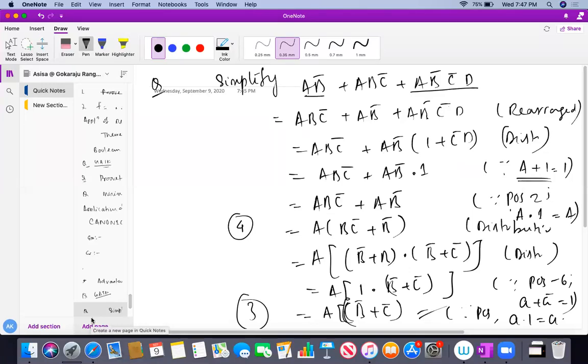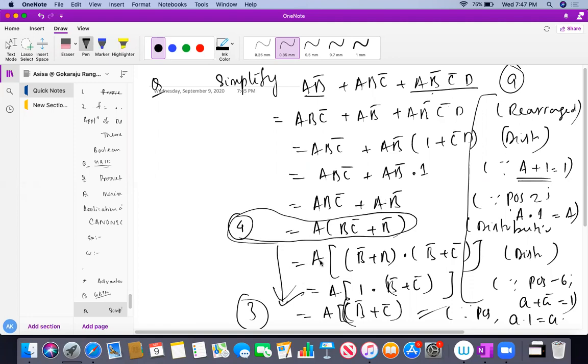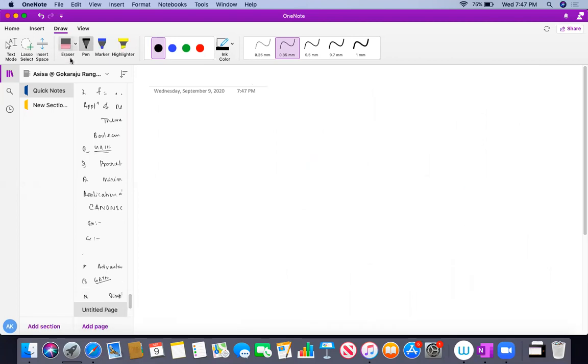I have used certain Boolean theorems and postulates to simplify it, from 9 literals to 3 literals. Many of you will get confused. You can stop over here, but it reduces further to 3 literals, A, B bar or C bar. So this is the thing. Next we'll move to the next question. I'm running through more questions, that is my motto today.